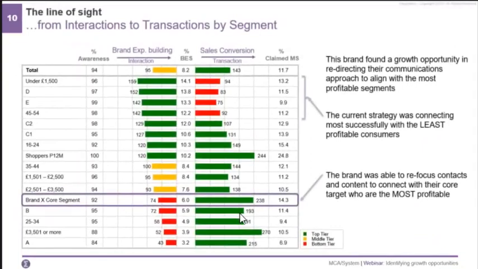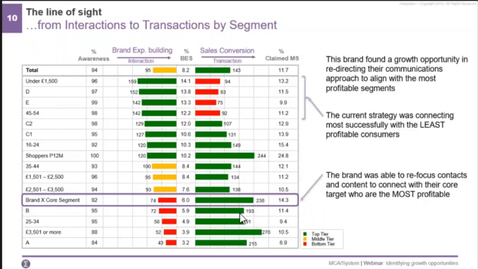So this first example highlights why it is important to understand this from a consumer perspective using consumer research as opposed to any other data source. The reason that this is important is you can see how your performance varies by consumer segment, and that is often a good source of growth. So in this example, which is in fact for a beauty care brand,